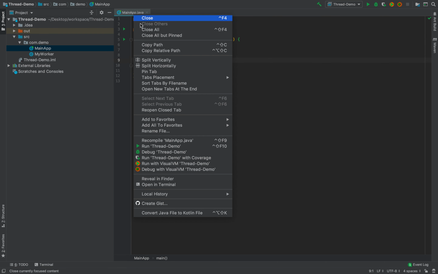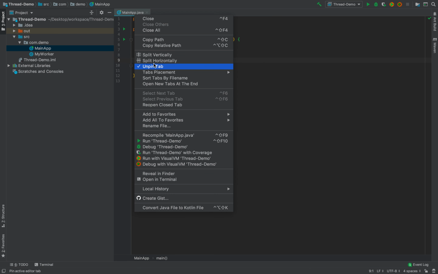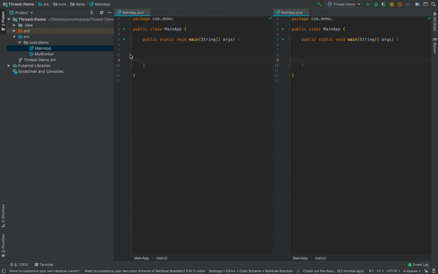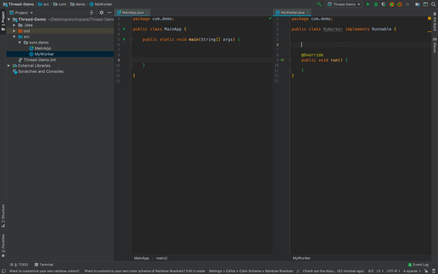Okay, let me just do this so that we can see side by side. Split vertically. Okay, and let me open this class. So what I wanted to have here is, first of all, I need an integer, private int n.